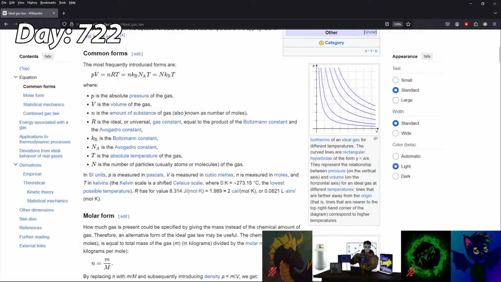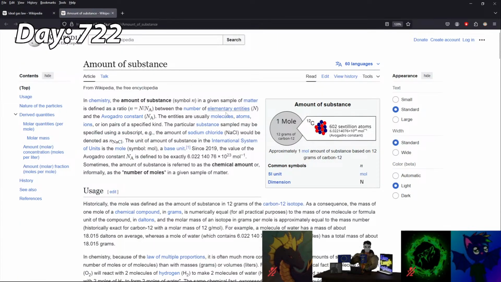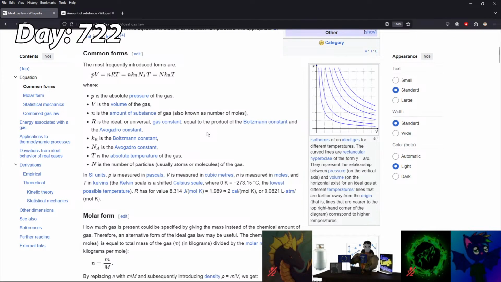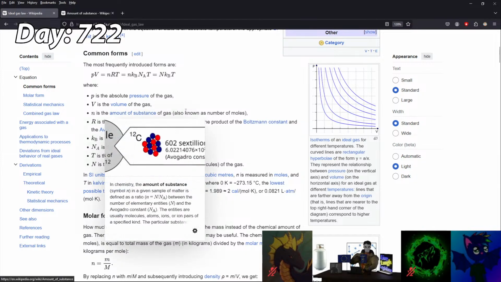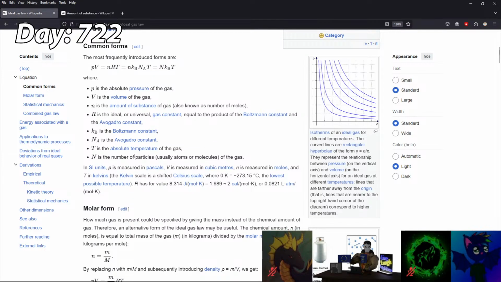N is the amount of substance of a gas, which is usually molecules, atoms, ions. They don't specify here if it's number of, but I think it's amount of gas, so it should be amount of molecules. Now N is the number of particles, usually atoms, molecules of a gas, which may sound like the same thing, but it doesn't, because one of them refers to the amount of substance, so amount of molecules, and the other one refers to amount of particles, which is molecules. So like,